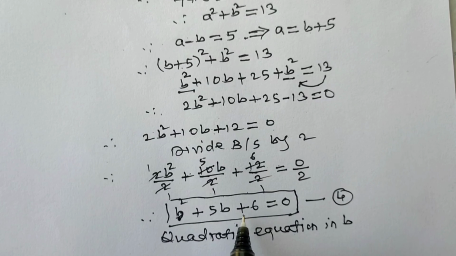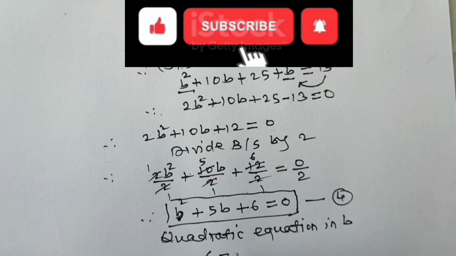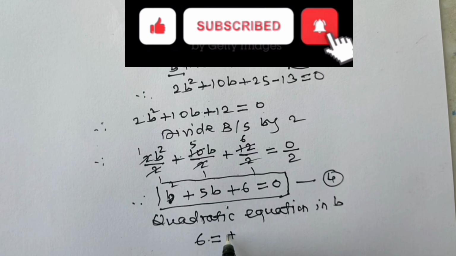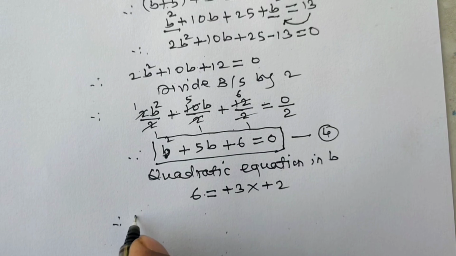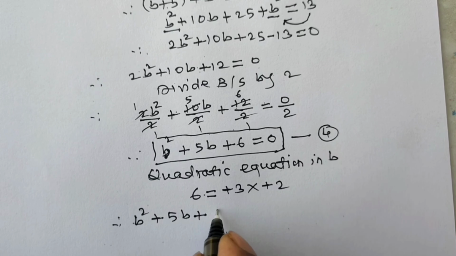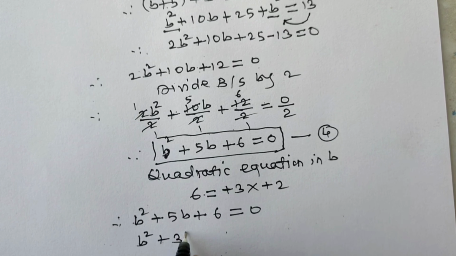Let us solve this quadratic equation using the factorization method. We have to find the factors of 6 such that their sum is plus 5. So 6 is equal to plus 3 into plus 2. Hence b square plus 5b plus 6 is equal to 0 can be written as